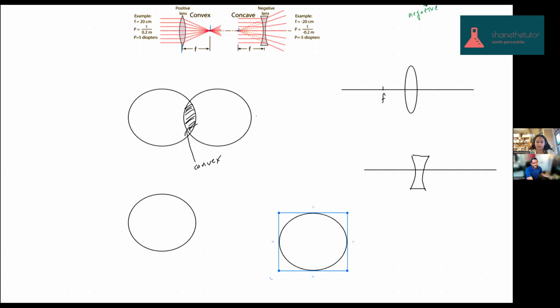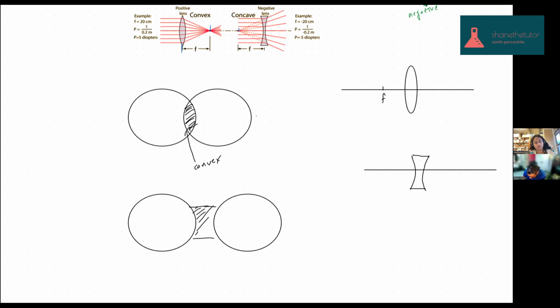And if you have them like this, then this is your concave shape. So what we call concave and convex optical devices are called spherical because they're based on